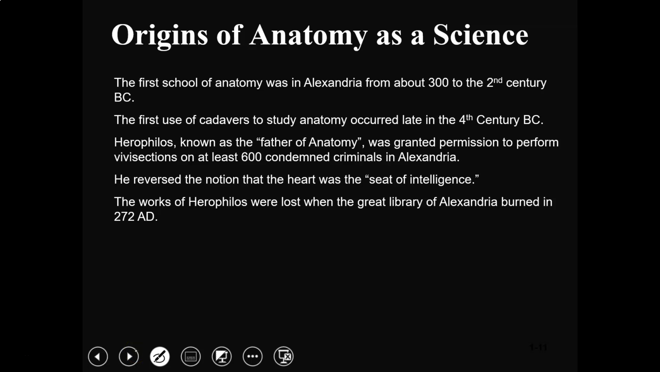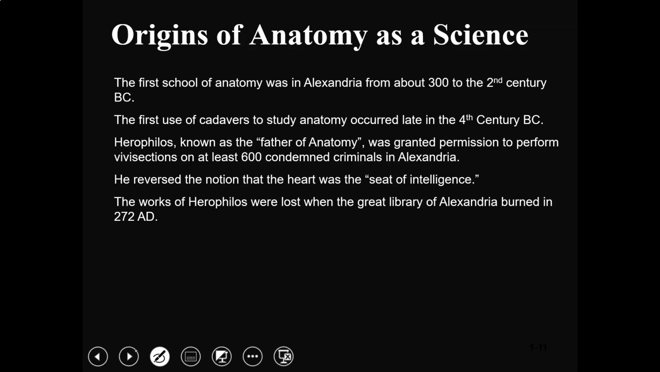The first school proper of anatomy was in Alexandria. Alexandria is Egypt. This is Cairo now. Named Alexandria for Alexander the Great, who conquered Cairo, who conquered Egypt, who conquered the New World. So